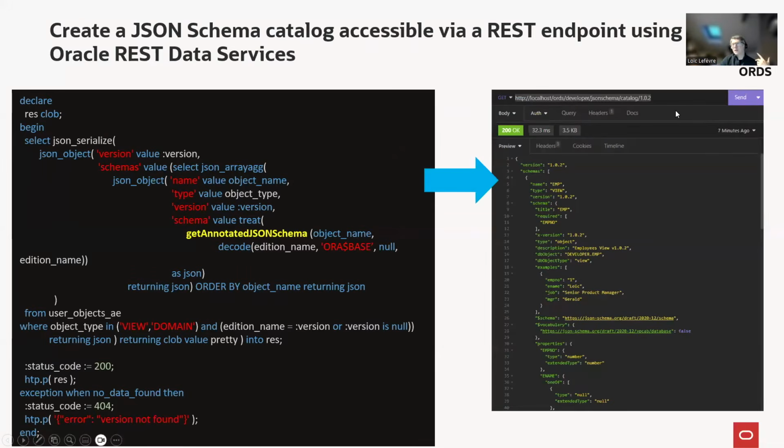So whenever I query that REST endpoint, I can get at least a catalog of the different JSON schemas available within my database. So you see the code that I had to write on the left, and it already provides me something very interesting that I can leverage on the middle tier, or from my backend, or even going through my front end if I want.